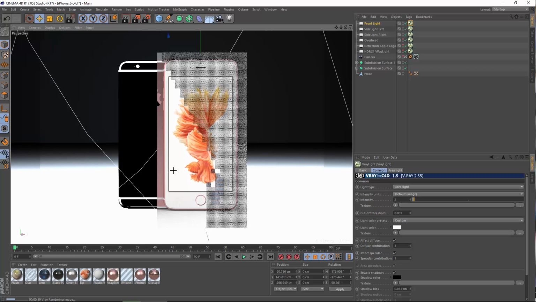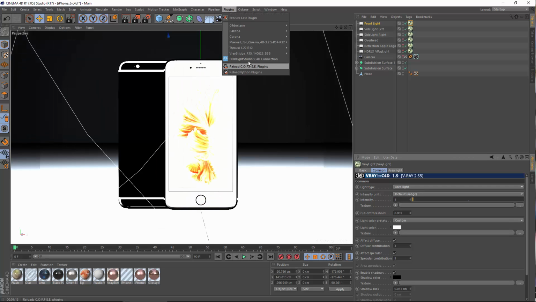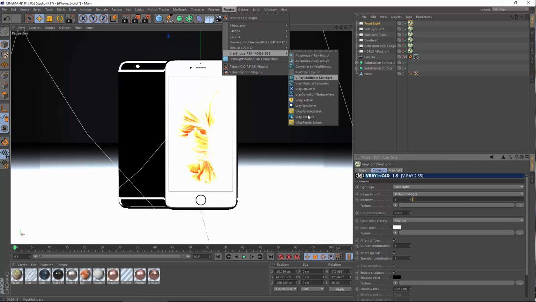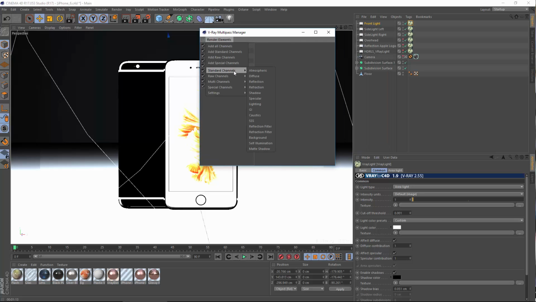Okay, might look okay now. I mean, I even start to like this reflection in the front. Let's maybe also bring this down here to 1, maybe. And one thing I want to do is set up some multipasses now so we can finally get rid of the noise as well. So let's bring in our standard channels, a reflection. Then we need a specular, we need a lighting, we need a GI,